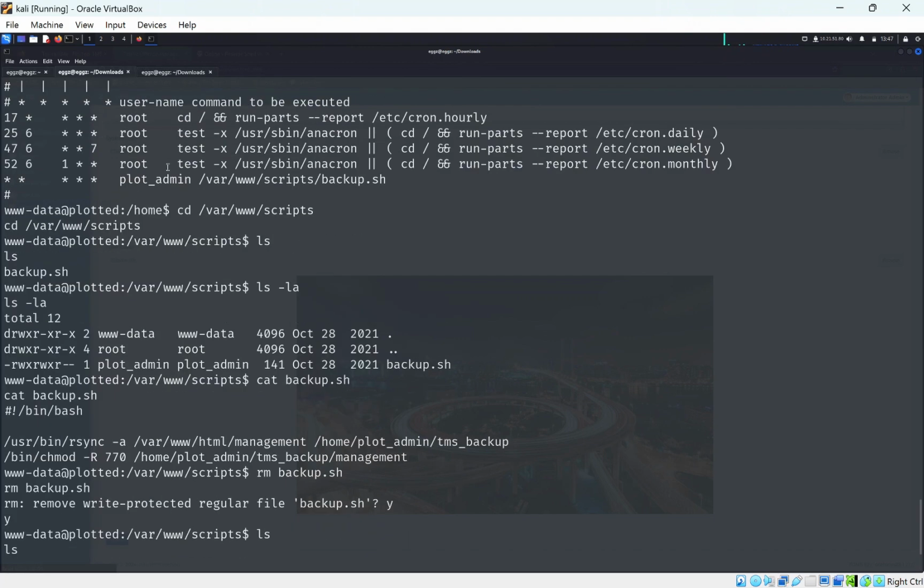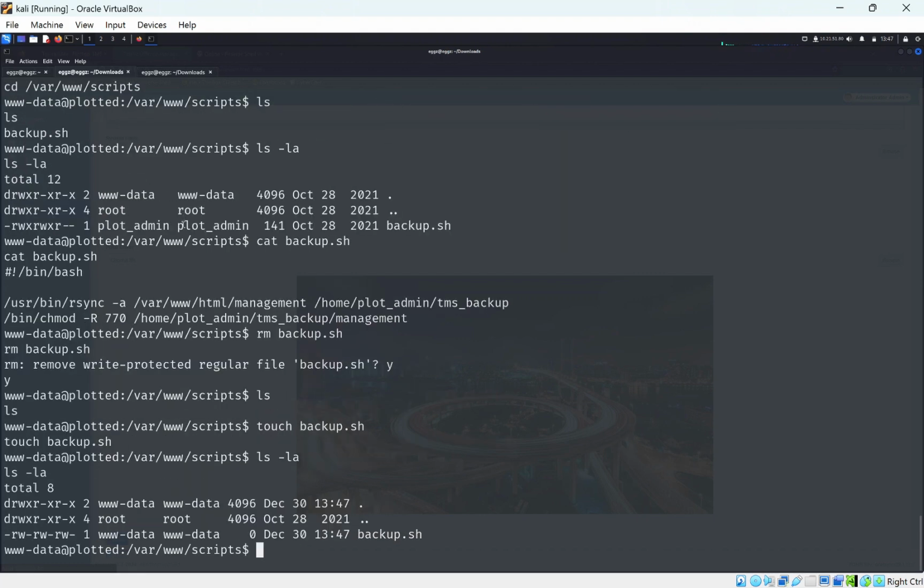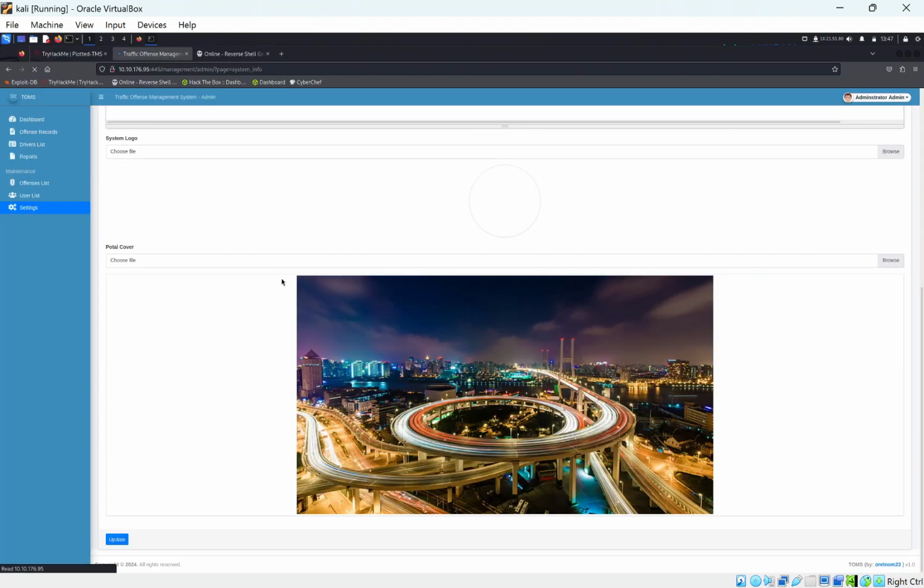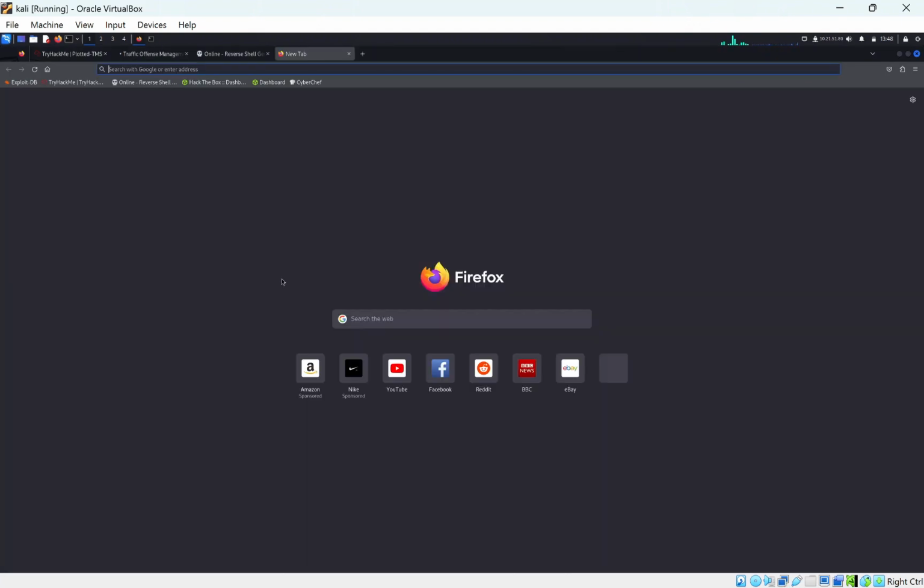This script will still get executed by the system every minute, which is good, as when this gets executed we will be able to have permissions as this plot admin if we create a reverse, well, a netcat connection. So one thing we'd want to do is just do printf, and we want to create a bash reverse shell. So we want to do